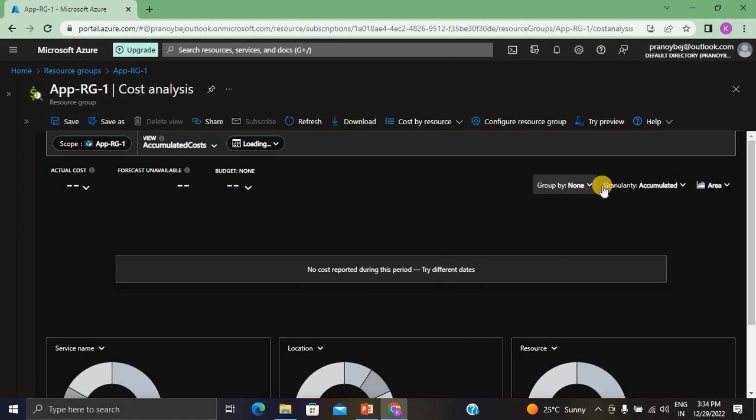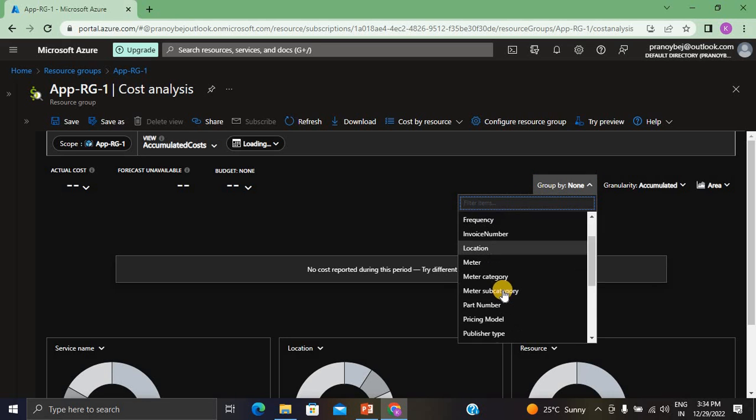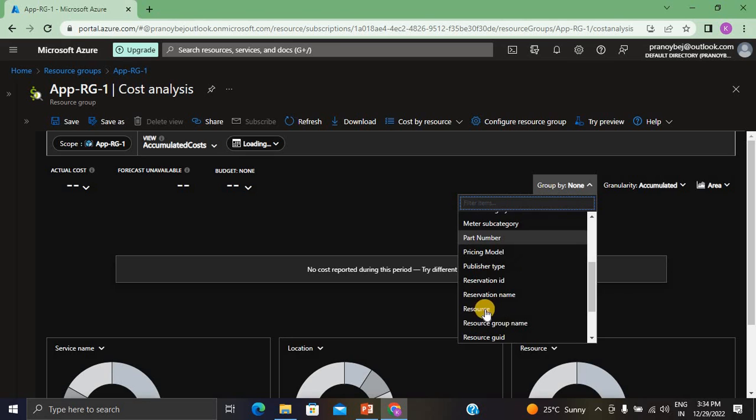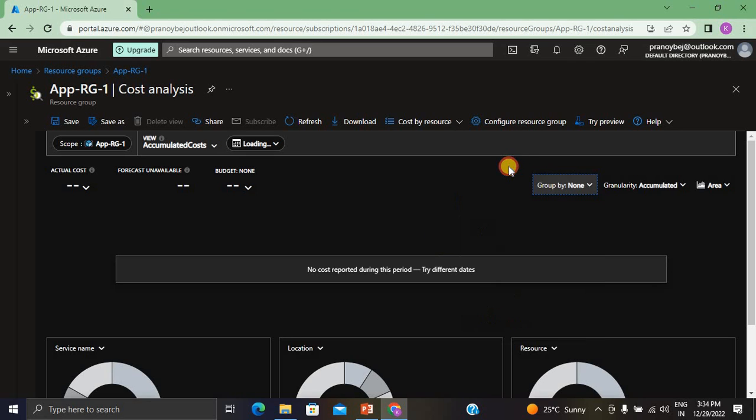But just to show you something, you have options to group by location, group by resources, resource group name, etc. If you want to get more grouped views, on top of that you can generate various types of charts like area chart, line chart, column chart, or a table. You can also